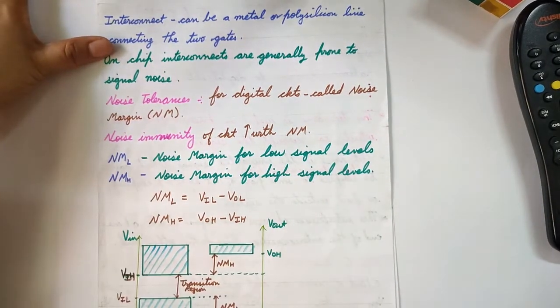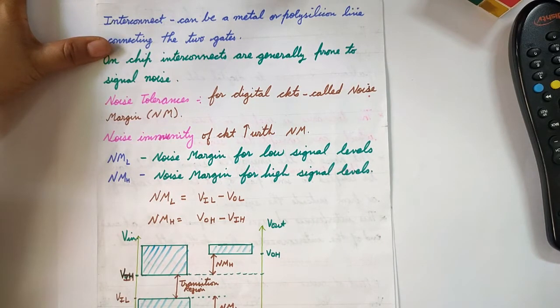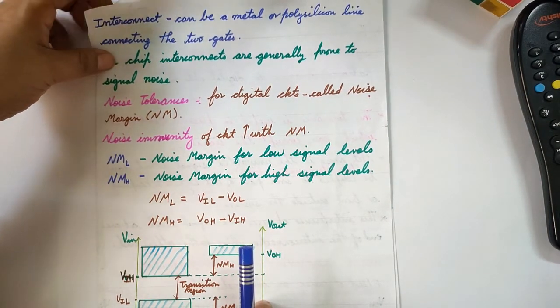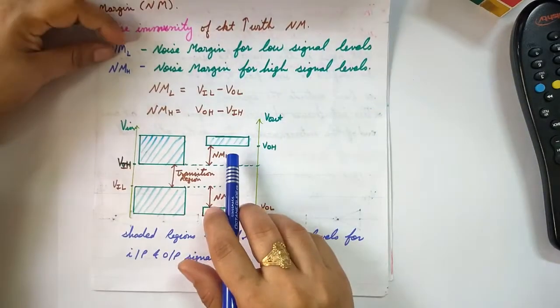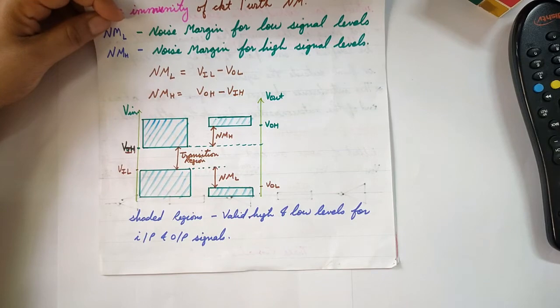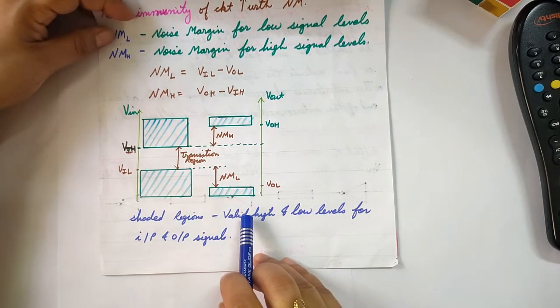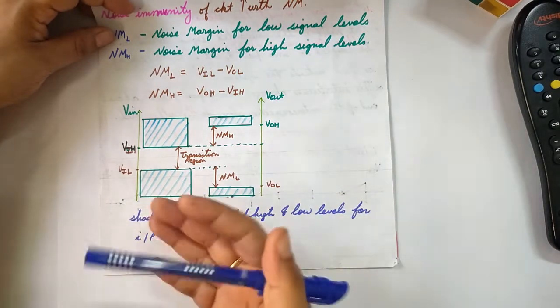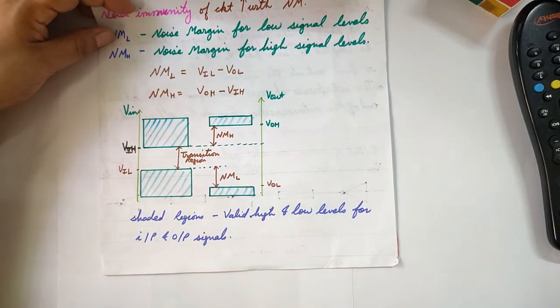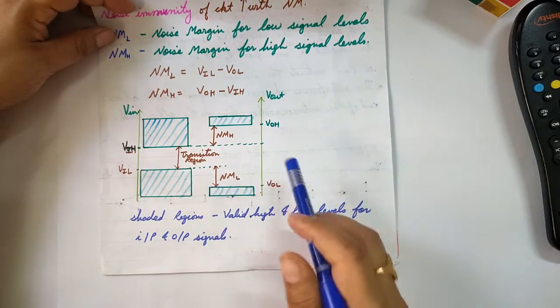Now we have two kinds of noise margins. We have noise margin for low signal levels, and also for high signal levels. Now we'll discuss what these values are, because they have some particular value. We have seen in my lecture number 14 in detail the VTC curve of the realistic NMOS inverter, and here I'm drawing the input axis and the output values simultaneously in front of each other, so that you can get a very good understanding of this.